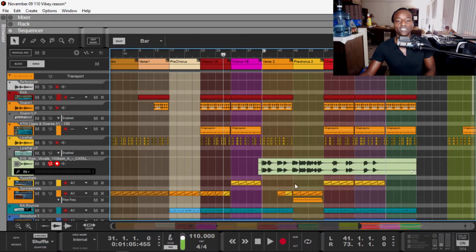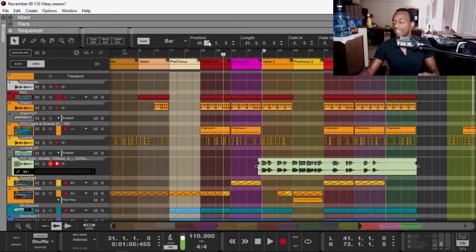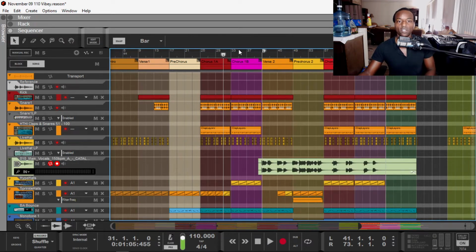I literally just clicked the region, clicked the parameter I wanted to change. It's highlighted and I just use my mouse wheel. So